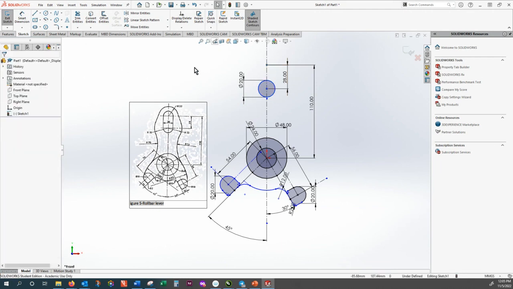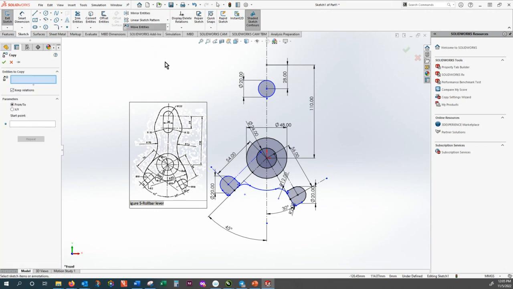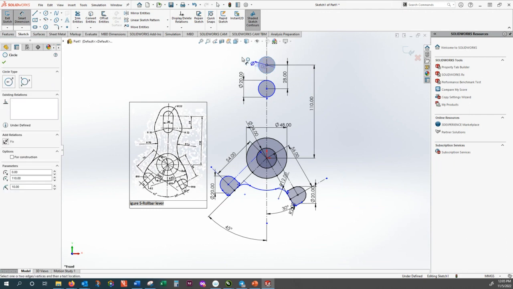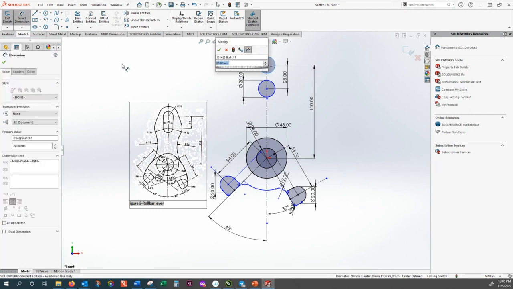So let's do that again. We do a copy entities. So what do you want to copy? I select the circle. That's what I want to copy, and I want to take it from to. So the starting point, I click into the starting point, clicking the center, and then two is I'm bringing that here. Now I managed to copy the same shape here, and maybe I need to fix that center. Okay, so that is,